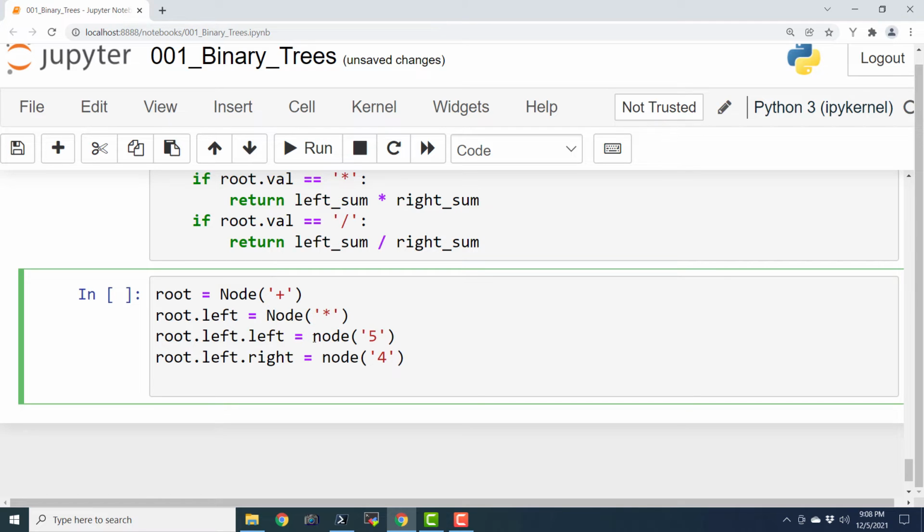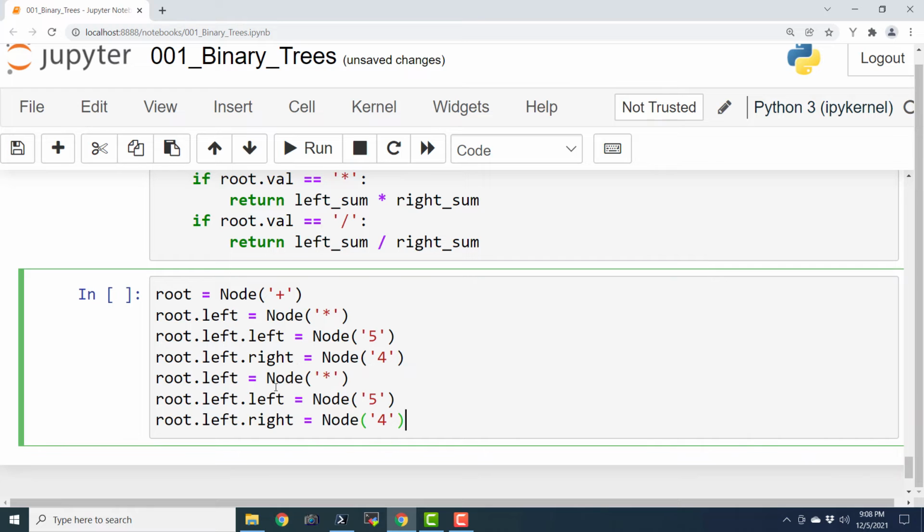And here actually N has to be capital. Whatever syntax error we are going to make, we are going to learn from that. Now this is the left part. Now let us define the right part. I'm just going to copy this entire stuff as it is, and here in place of left, I will say right, and it is going to be a minus symbol. This is also not going to be a leaf node. Now let us define the leaf nodes. So root.right.left, root.right.right, and let us say 120.